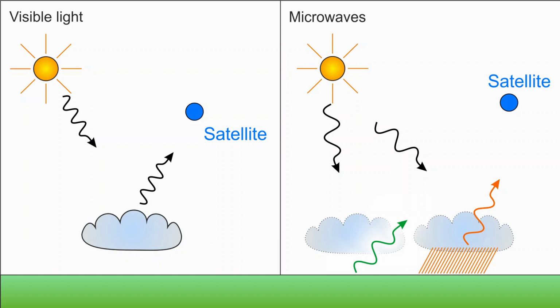Microwaves, on the other hand, are reflected by raindrops, and therefore it is possible to use microwaves for monitoring rainfall on Earth. These were the